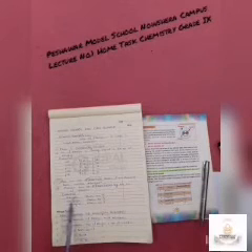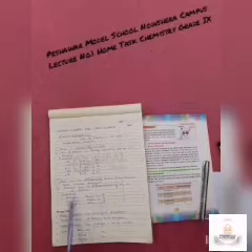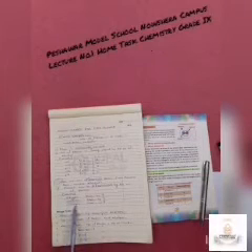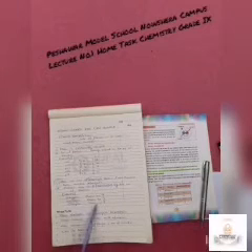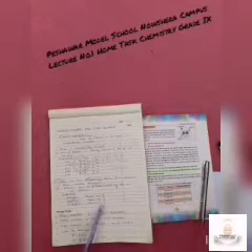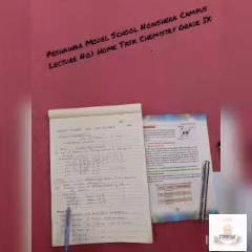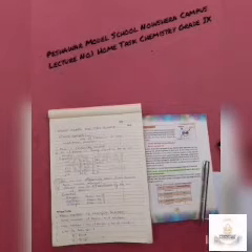Okay, now the second one is hydrogen. Hydrogen's atomic number is 1. It means that all the atoms of hydrogen must have one proton and one electron. Now the third one is nitrogen. Nitrogen's atomic number is 7. It means that all the atoms of nitrogen have 7 protons and 7 electrons. If it has 6 protons and 6 electrons, then it will not be a nitrogen atom, it will be a carbon atom, because the carbon atomic number is 6.